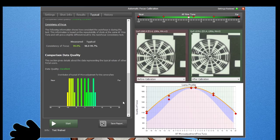So absolutely fantastic. I can't wait to use it on some more of my cameras and lenses, and I'll get back to you